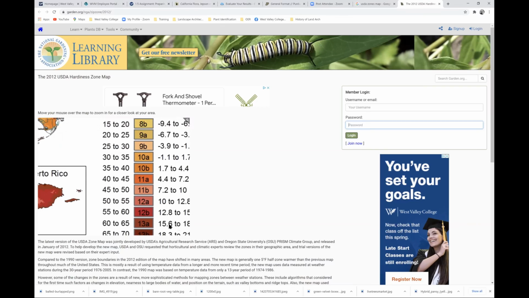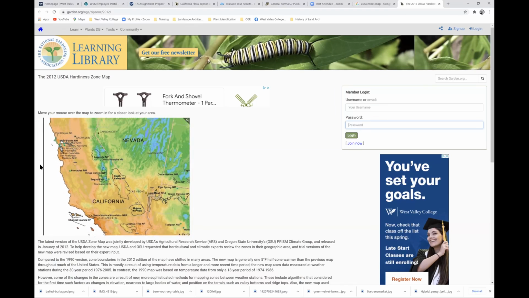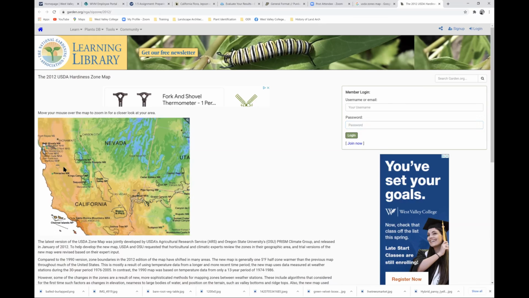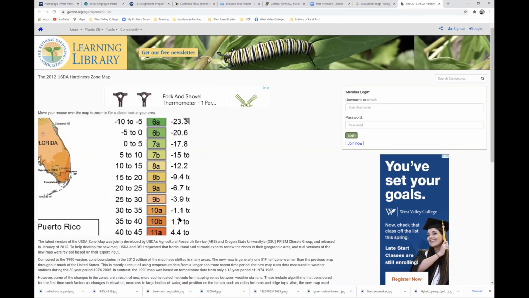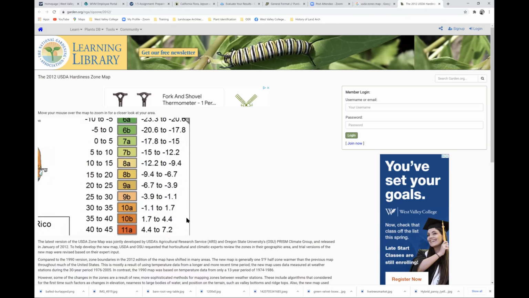And it has all the zones. And then you just scroll over to California, and you can kind of get a sense of what you have. So if you look at the Bay Area, there are some darker areas, a darker tan, if you will. And some of you have already looked up that that's probably 9B, all right? And 9B, if you look, there's the temperature tolerances for plants within that area, because those are the climates that are there.